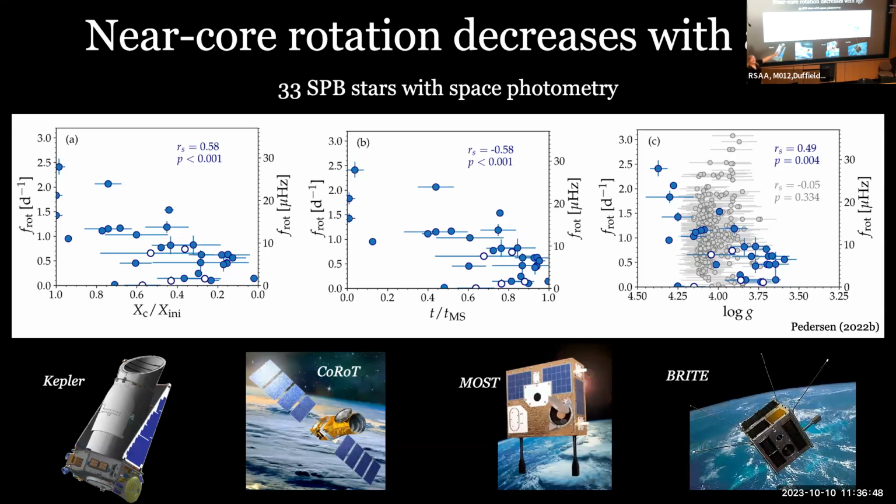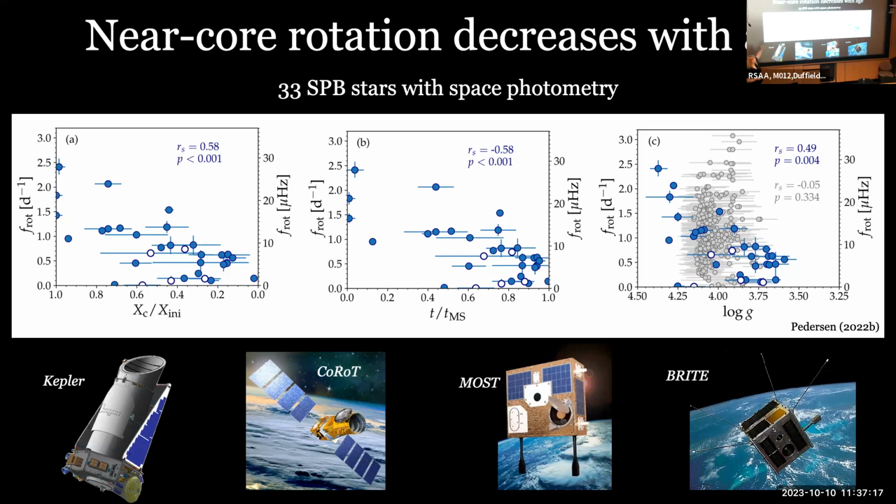And the different panels here are essentially the same. They're just using 3 different age indicators. So on the left, we have the current core hydrogen mass fraction versus the initial one. The second one is the current age of the star divided by the main sequence lifetime. And then on the right, we have the surface gravity of the star. And as you can see, independent of which age parameter we're looking at, for a sample of SPB stars,